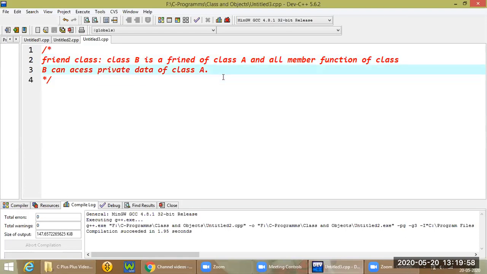Before we start the demonstration, we should keep in mind a few important points.